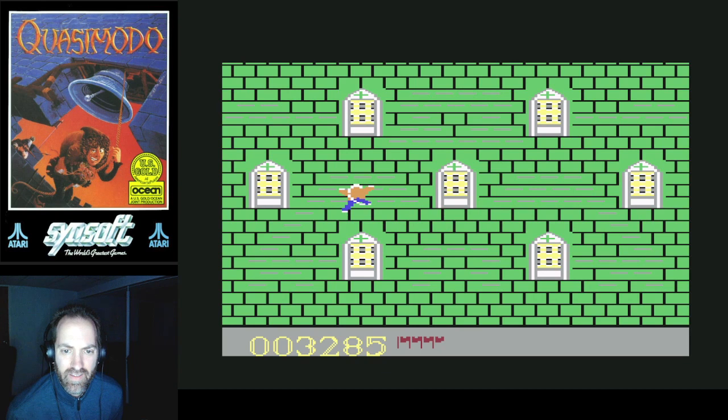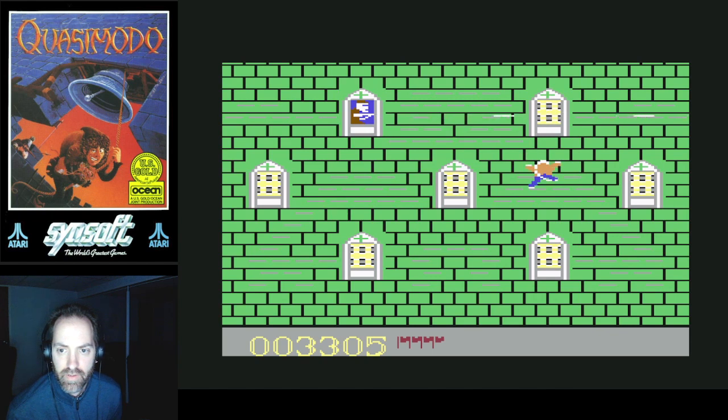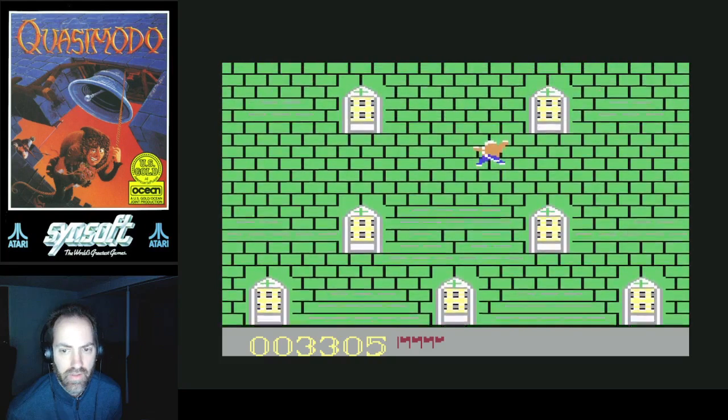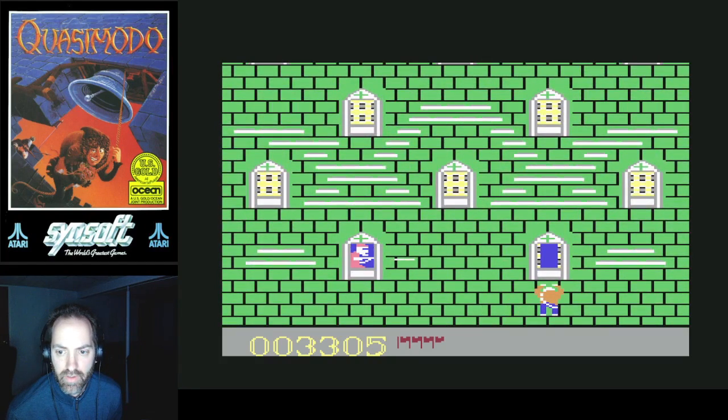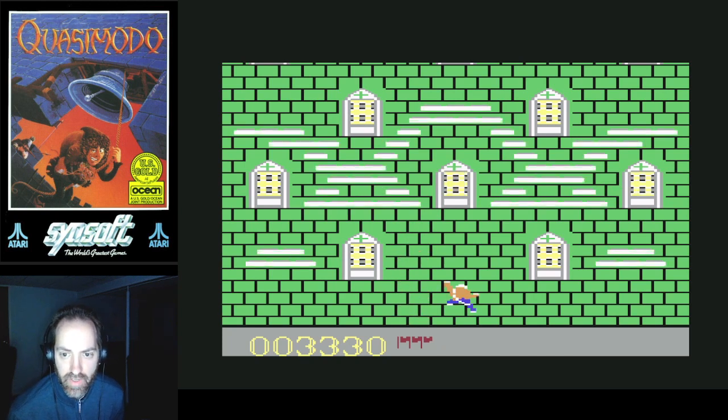And why are the graphics worse in the Commodore 64 version? Alright, so I'm actually curious. I'd like to know, do I have to kill these guys before I go? No, I don't even have to kill them. Okay, but I'm too slow to actually sneak by, so...